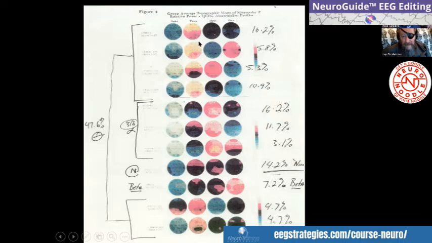Others had an excess of theta, but had quite a bit of beta. This wouldn't be a theta-beta issue. There's actually beta there. This person has theta, but also alpha. What they found is about half of the kids had a theta pattern as their failure mode for their ADD. About a third of them had alpha as their failure mode. About 15%, just shy of 15%, were normal at rest, and about 10% basically had a beta spindle as their